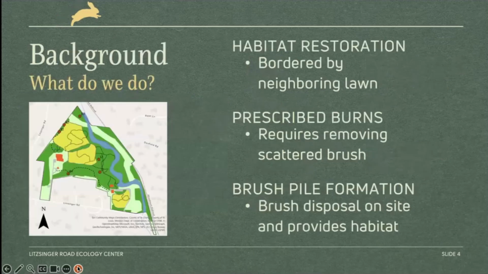So first, as a little bit of background, what do we do at LREC? The first, very most obvious one is habitat restoration. We do a lot on this property. We do a lot of research, and we are bordered by neighboring lawn. So we have this really nice high quality woodland and prairie, but we have lawn or some lesser quality woodlands